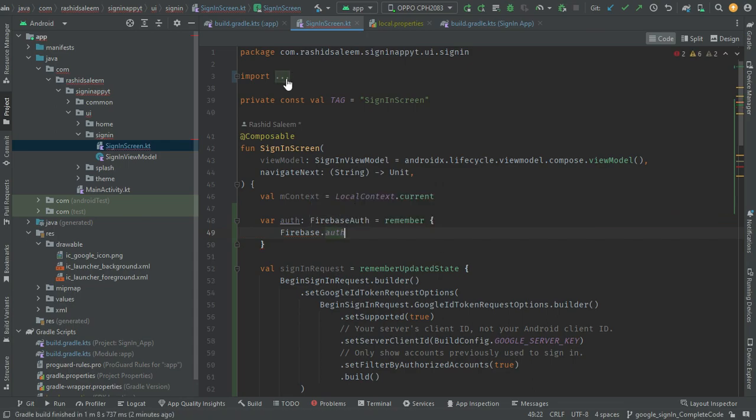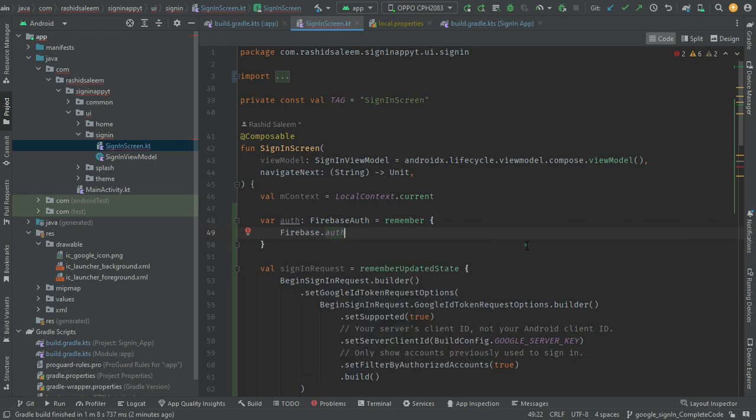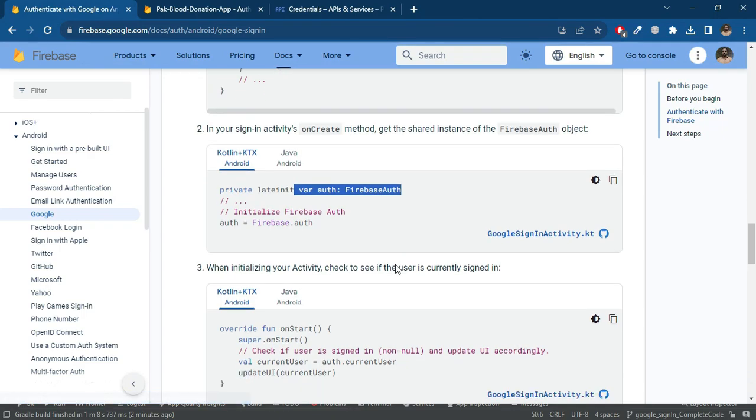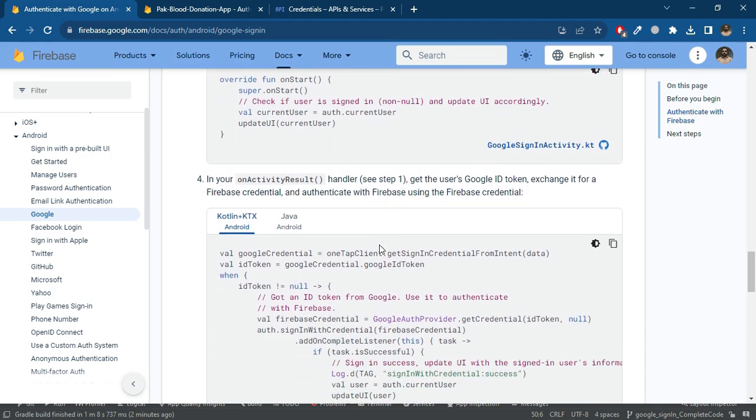Make sure when you are importing the Firebase, it should be coming from the .ktx package. And the next is, in the on start, we need to get the current user,